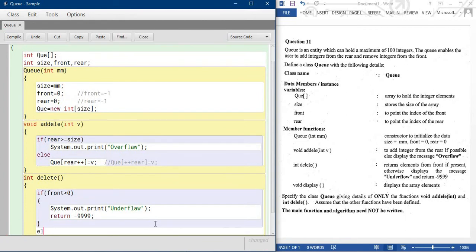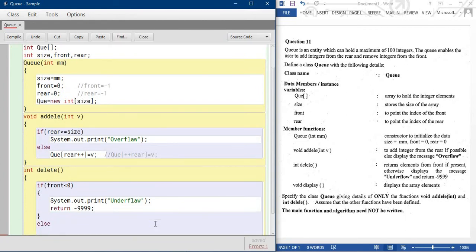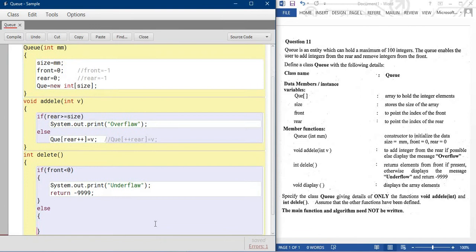else you delete a value, which means you just decrease the position, just write front minus, okay, but return means which value will be returned.